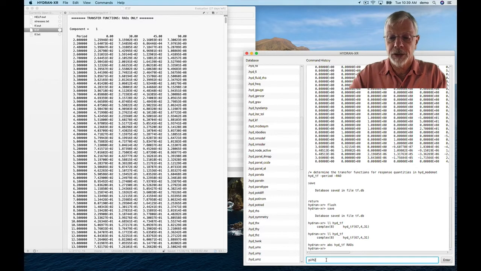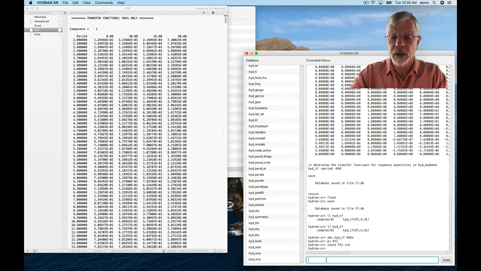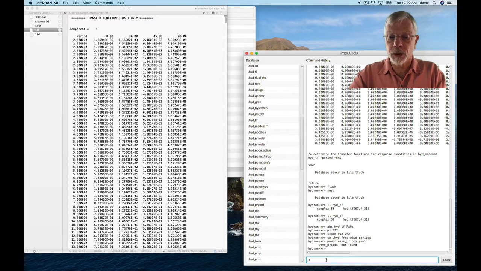I'm going to define 2 pi. First I define pi, and then I scale that result by 2 to give me 2 pi. And then I want to copy the frequencies to, what should I call it? I'll call it wave periods. Yeah. So I need to take the inverse of that. So power wave, so I'm going to raise it to the power of -1, and then I'm going to